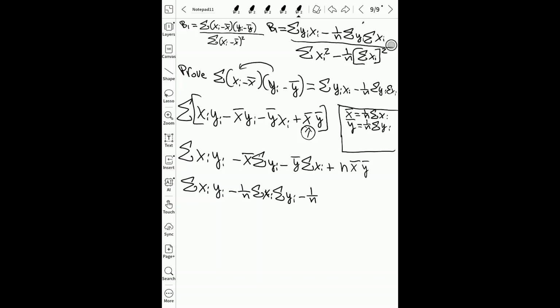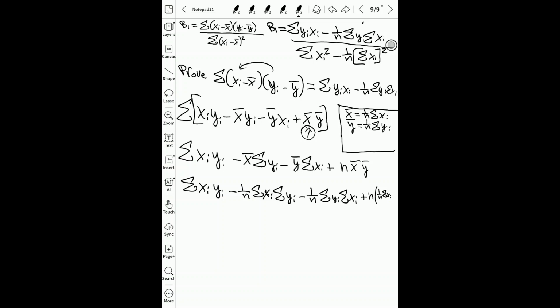I'm going to substitute that y bar for 1 over n sum of yi. And that's still going to be multiplied by the sum of xi. And I'm going to add to that, I'm going to do a double substitution here. So I'm going to have n, multiplied by 1 over n sum of xi,